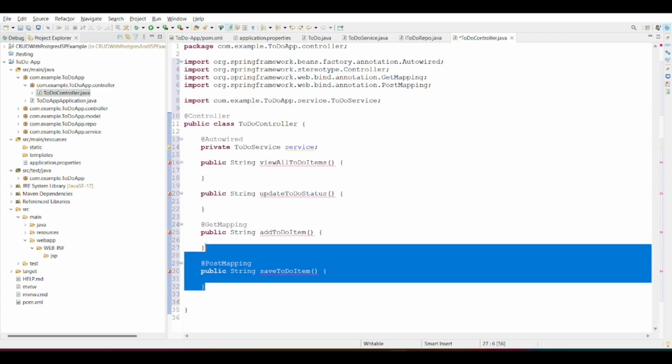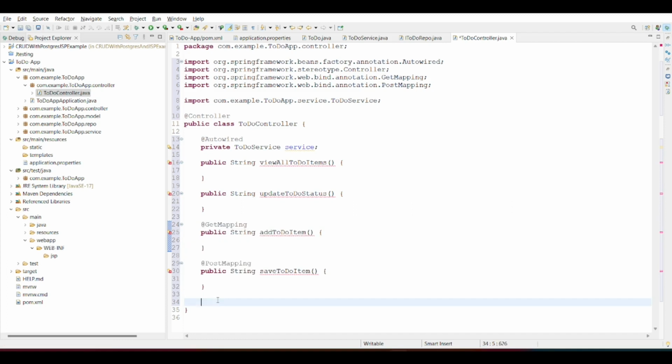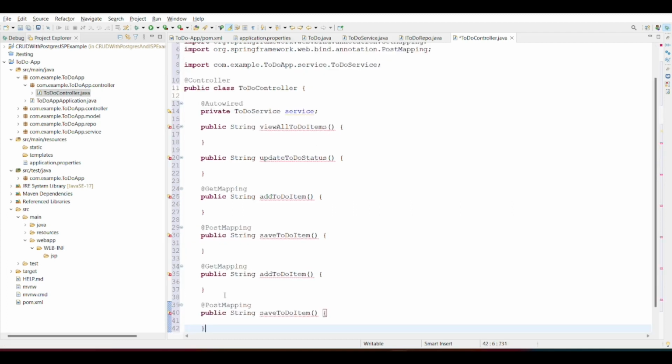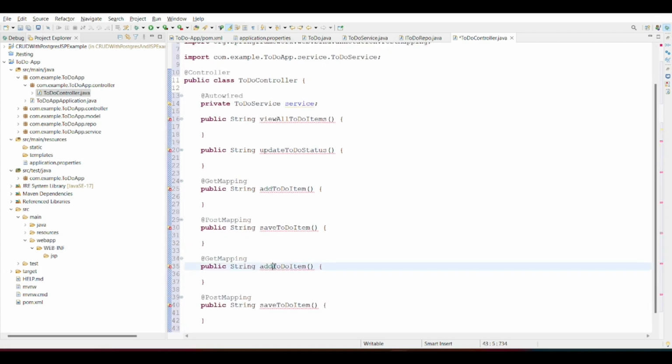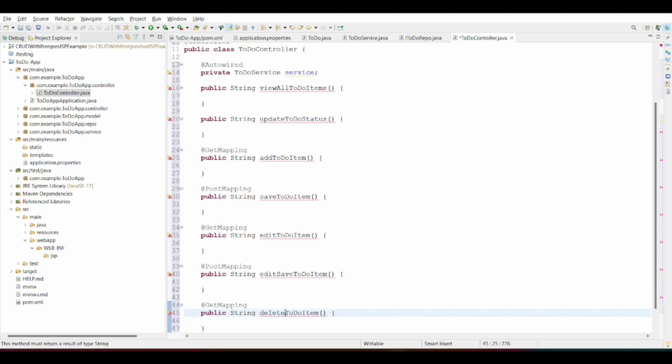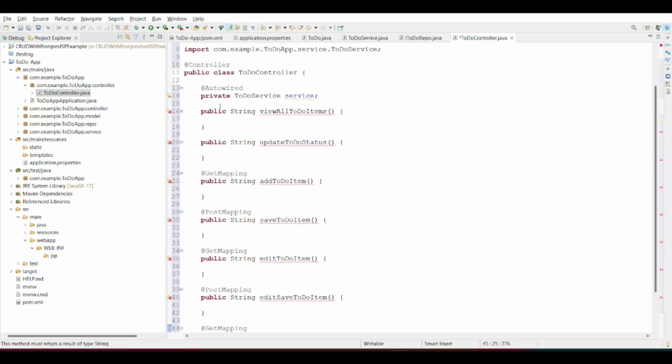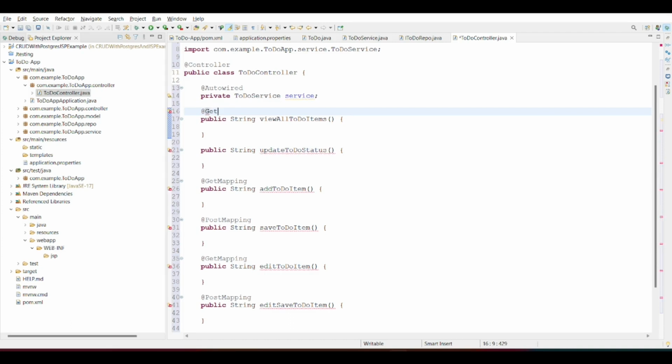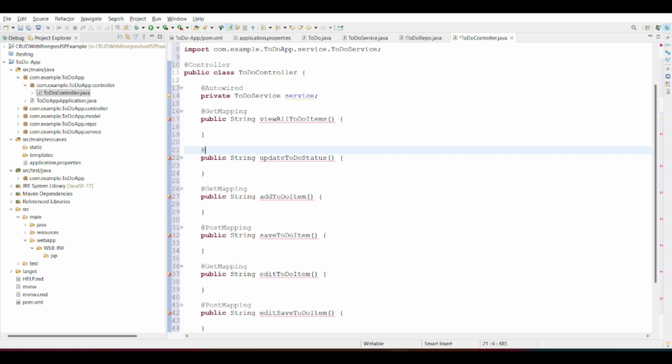Similarly, we will have two mappings for our edit. So this is going to be edit to-do item, edit save to-do item. Lastly, we will have delete to-do item. Alright, so this is going to be your get mapping, and this is going to be your post mapping. Alright, so good enough with this. Now